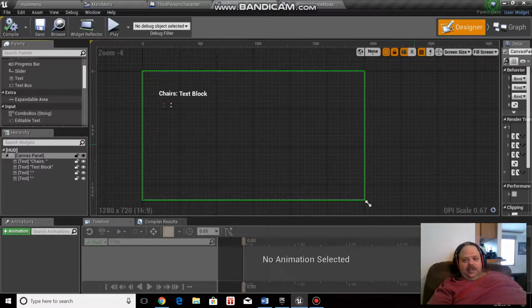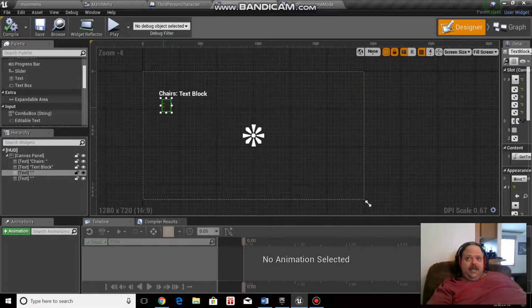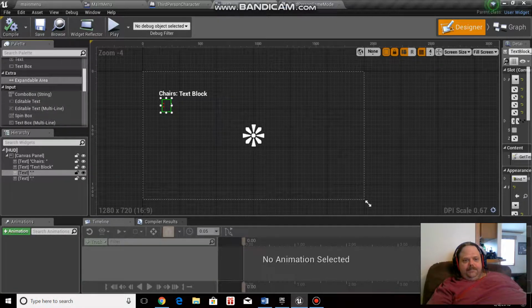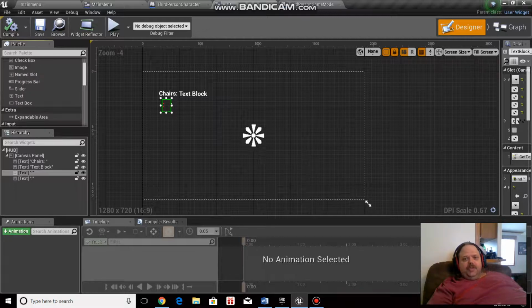So, anyways, here's my HUD, and here's my text blocks, chairs text blocks. In the tutorial it said use the semicolon, and you're going to see when I did this it doesn't show up. I'm not sure why. I don't know if it's because I used this text box. Do I need maybe a different text box? I'm not sure. So anyways, I did get it to work, but then if I go to the graph,